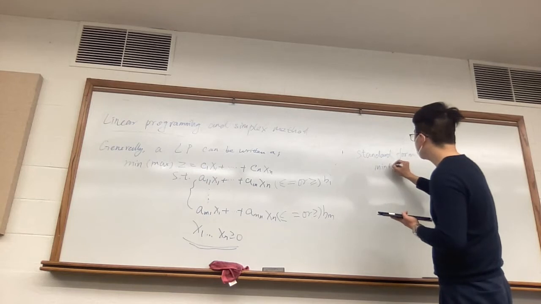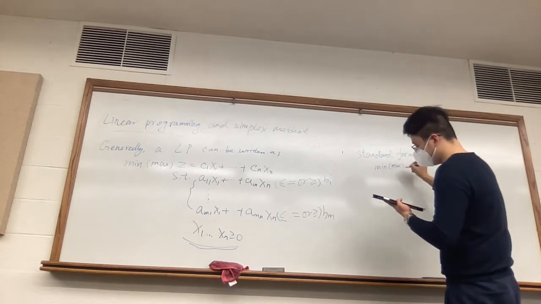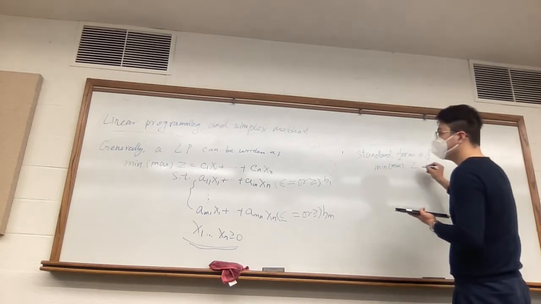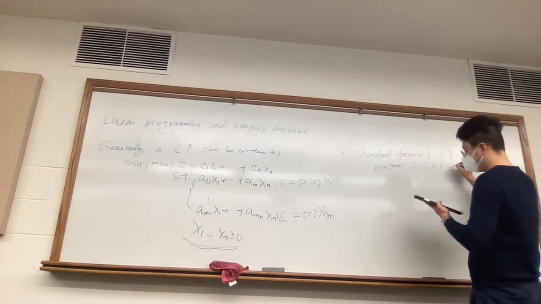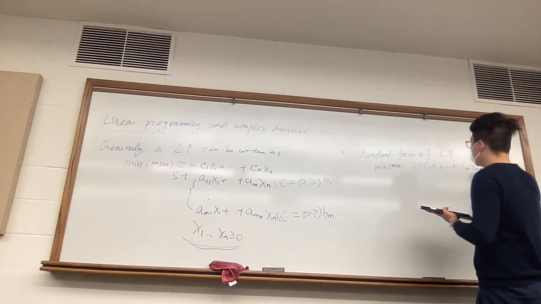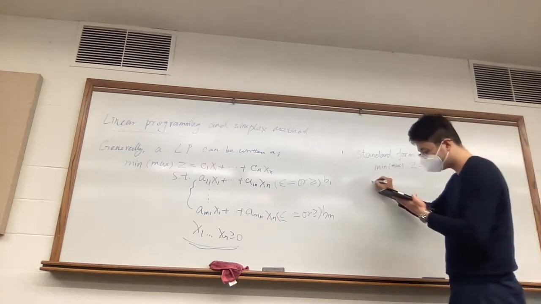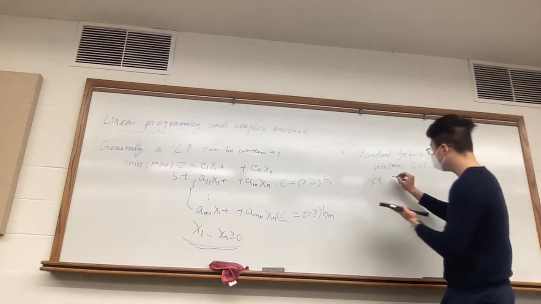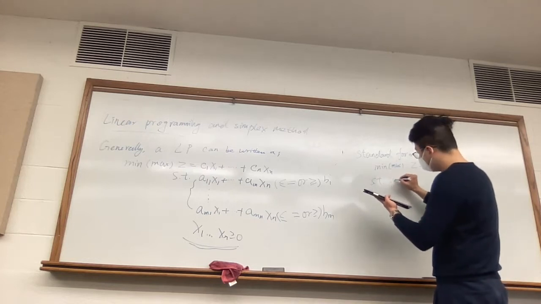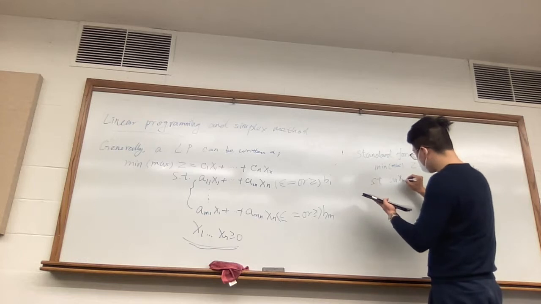You also want to minimize or maximize something, and z is c1x1 until cnxn. This does not change, but here is what you do. You make it A11x1